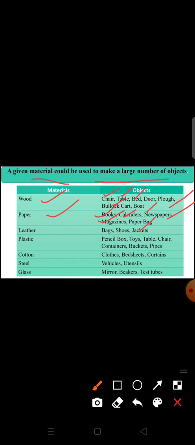Leather could be used to make bags, shoes and jackets. Plastic could be used to make pencil box, toys, table, chair, containers, buckets, pipes. Cotton could be used to make clothes, bed sheets, curtains. Steel could be used to make vehicles, utensils, and glass could be used to make mirror, beakers or test tubes.